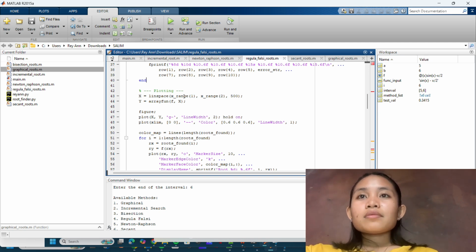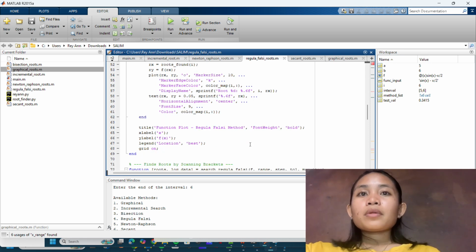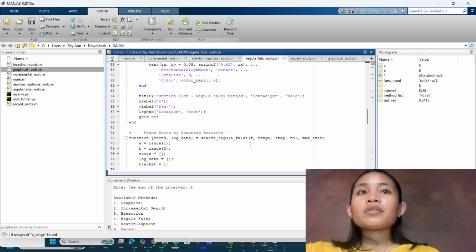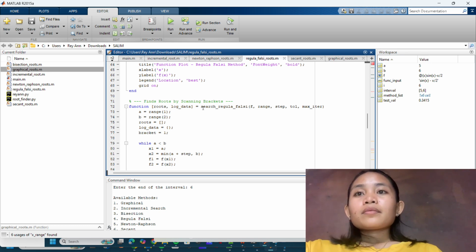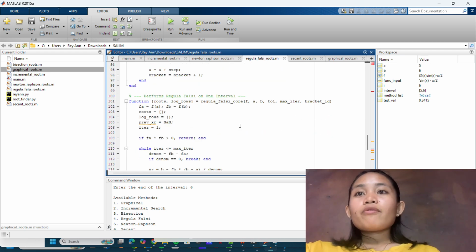The x-axis is marked as a dashed line for reference. Search regula falsi systematically partitions the interval into smaller brackets based on the step size. The regula falsi subfunction applies the regula falsi formula to the current bracket. Together, these components provide a robust regula falsi root finding implementation, offering numerical accuracy.